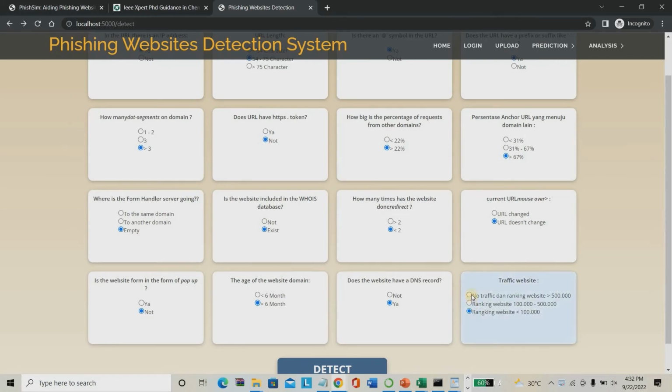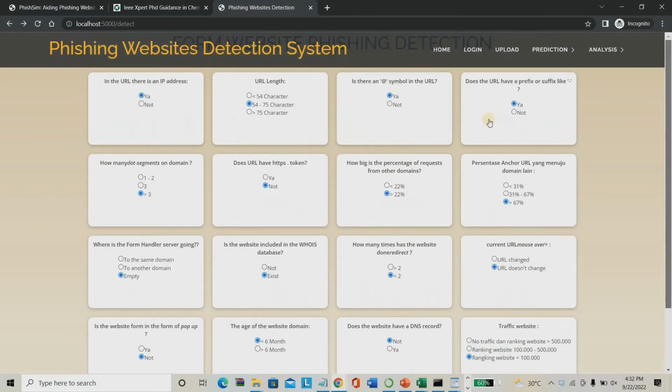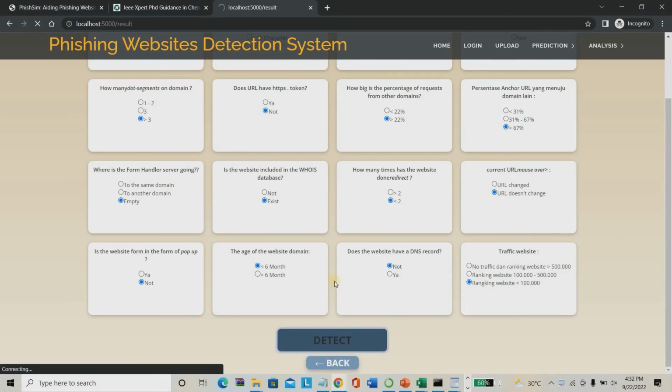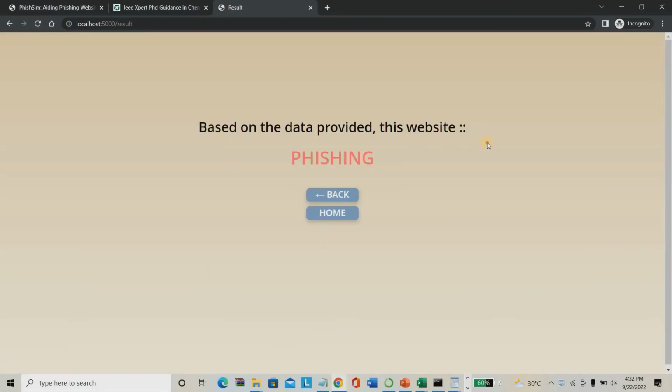Website traffic lesser than 100, DNS record not available, domain age lesser than 6. Remaining things I have not changed. Just giving direct, based on the data provided, this website completely belongs to phishing.